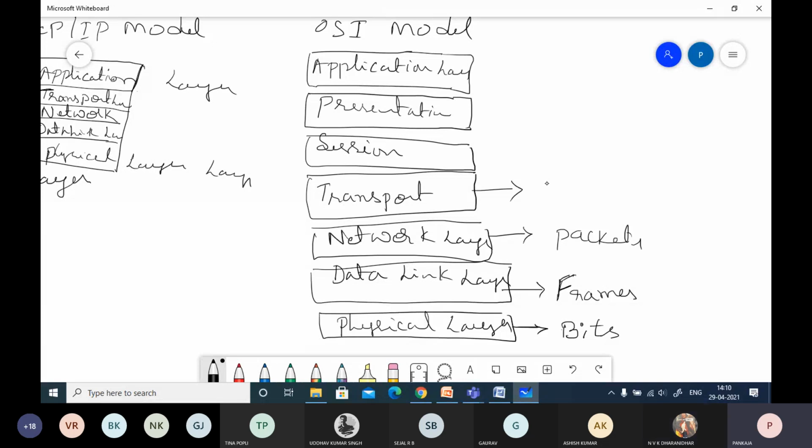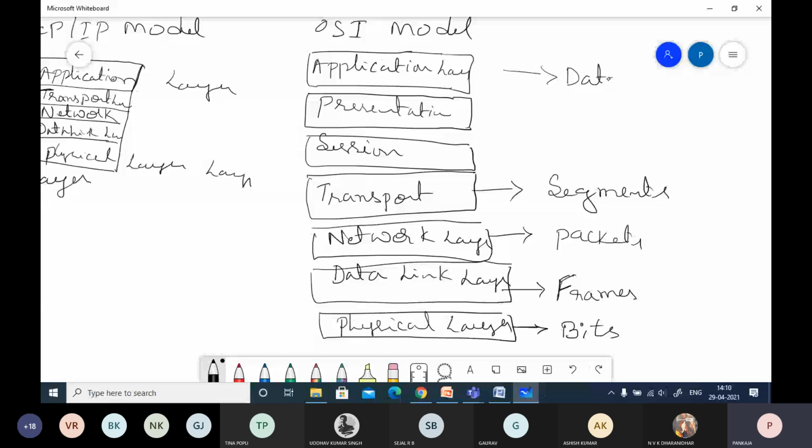How is data represented at the transport layer? Yesterday itself we discussed it. Whatever data comes from the application layer, how is it represented? Segment. Very good. So it is represented in the form of segments. And the remaining 3 layers, it is just represented as data. No specific conversion is done at those layers. It is just data.